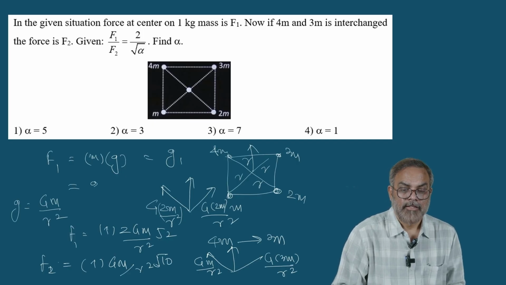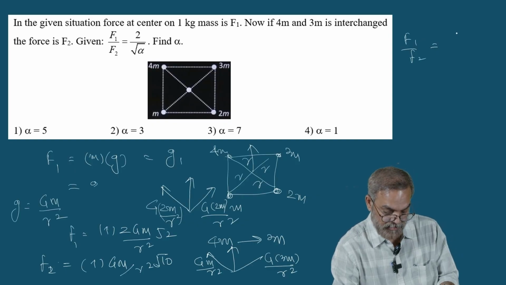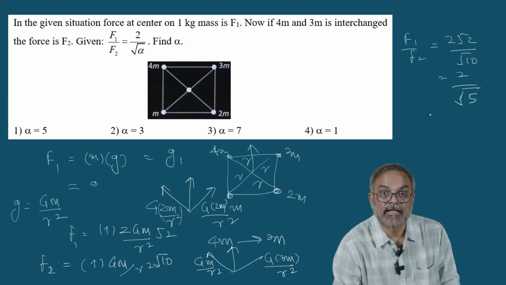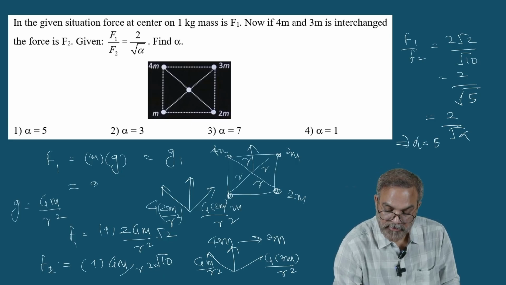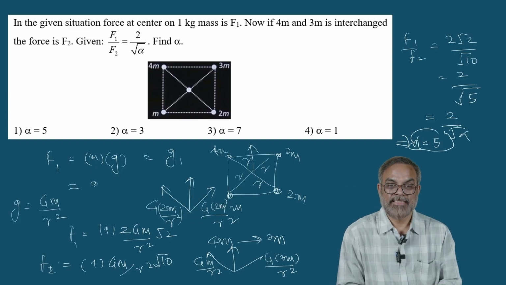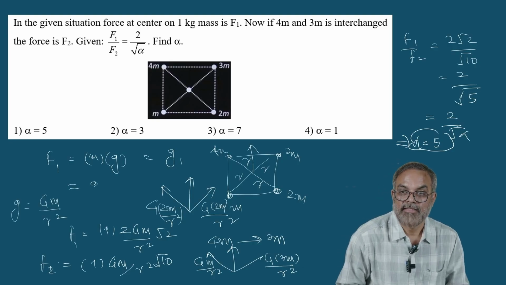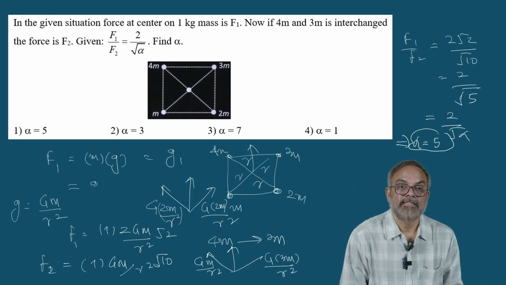So now when we take the ratio F1 over F2, you can see that this is 2 root 2 over root 10. So simplifying, I get root 5, and once I compare with alpha, which is given to be 2 over root alpha, that gives us alpha is 5. So that's our answer. So first option is the answer. So these are simple calculations, and I hope many of the students can do these calculations mentally also, but for the sake of all, I have given the detailed calculation. Right students,